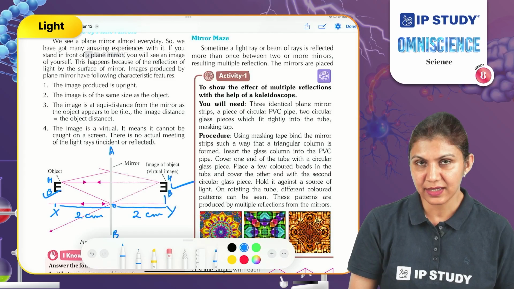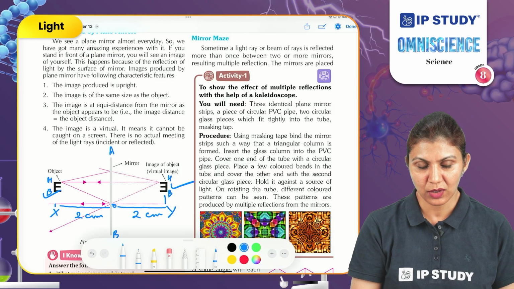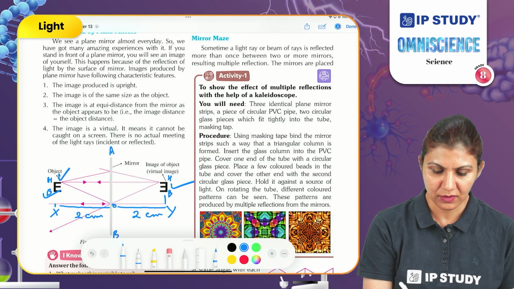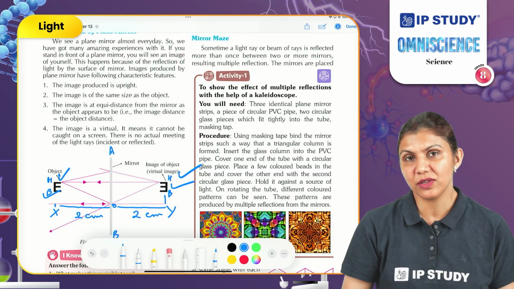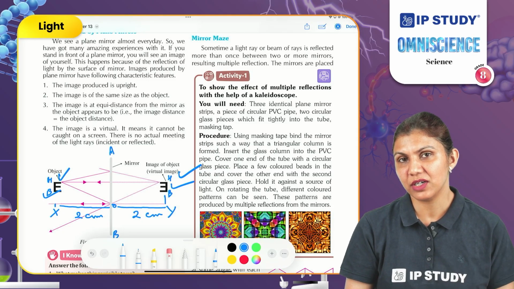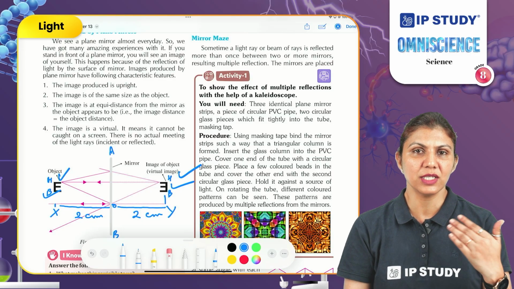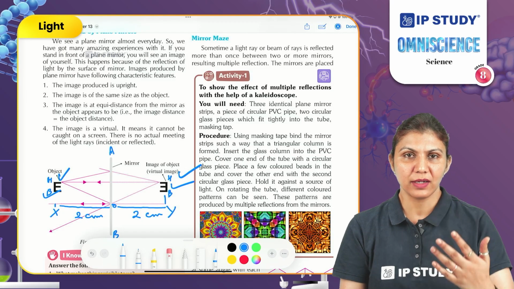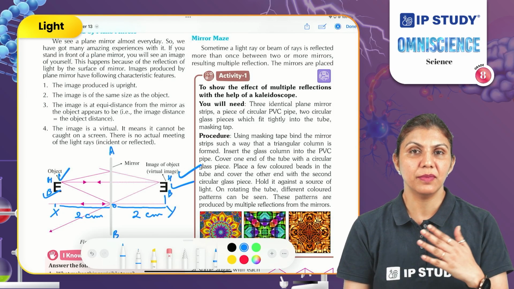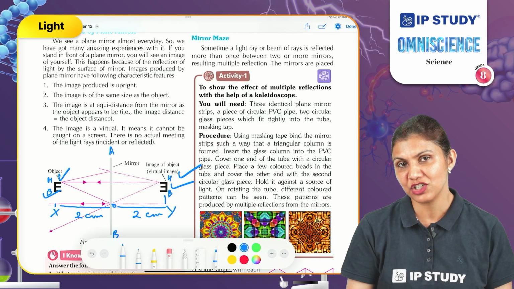What are the other characteristics? If you observe the color of the letter E, what is the color of the image of letter E? It's the same, black color. You can test it with yourself also. Wear any color of shirt or dress and stand in front of the mirror. Suppose you are wearing a yellow dress and standing in front of the mirror. What color do you see in the mirror? You see the yellow color. Or if you are wearing blue, you see blue in the mirror as well. Does the color of the dress change in the mirror?